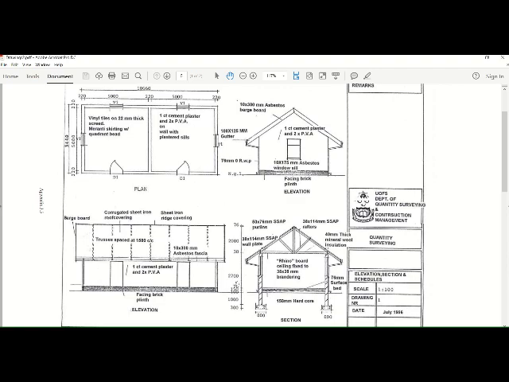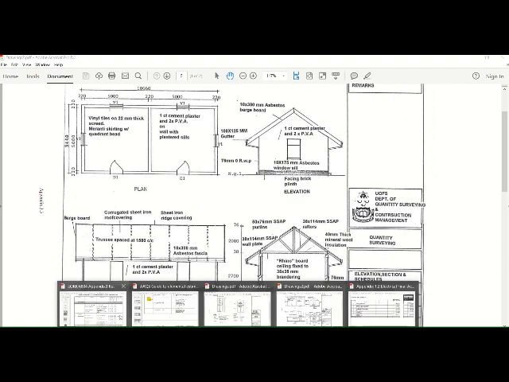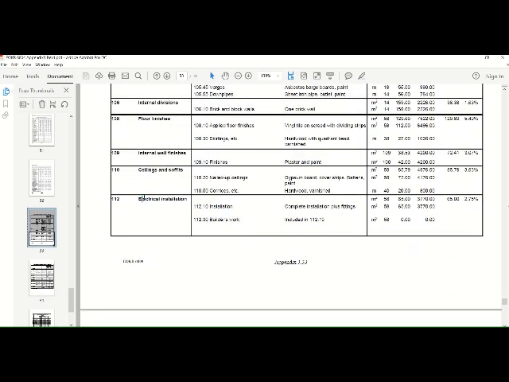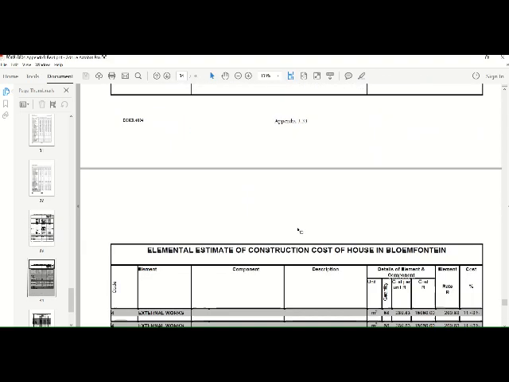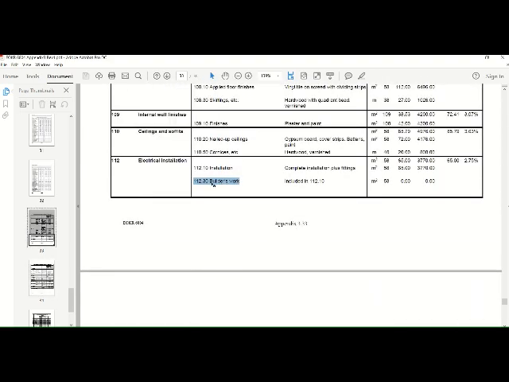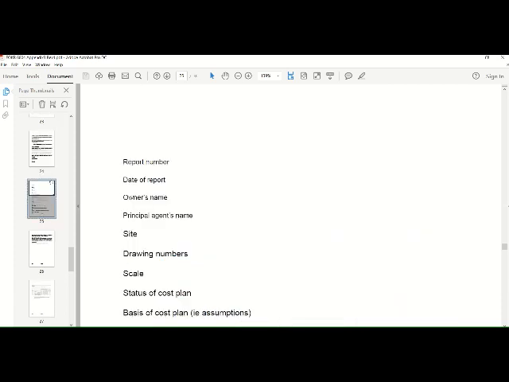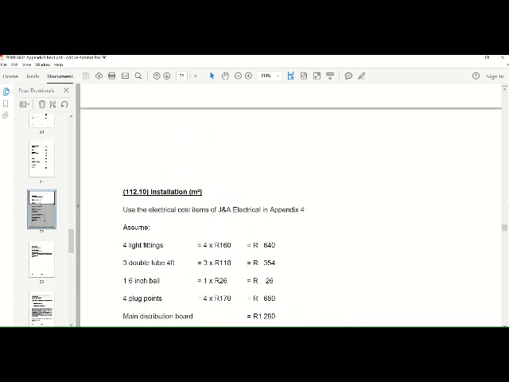Okay, so in the example, it just highlights. Let me just scroll down. You would see the electrical installation. You've got your installation and your builder's work, and that's basically what was measured here. So what they've done in this exercise is they measured the total square meter, and then they have the installation cost for the electrical work, and going to the cost or the rate build-up,